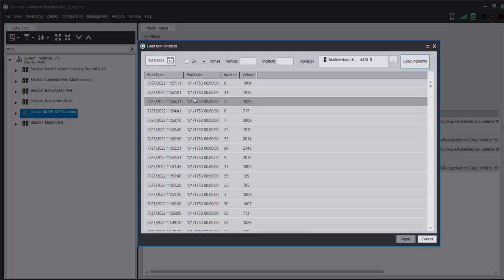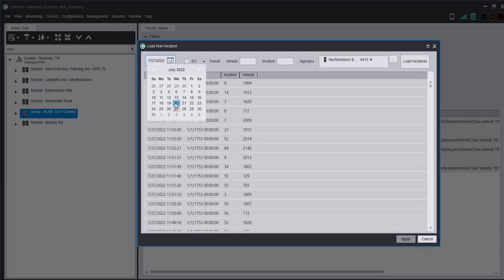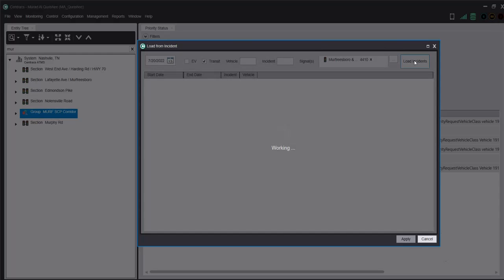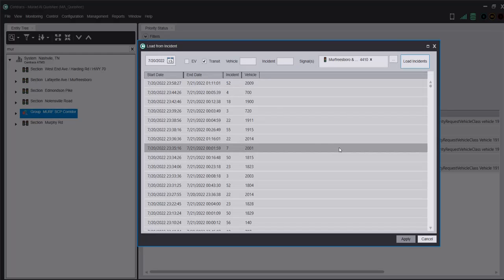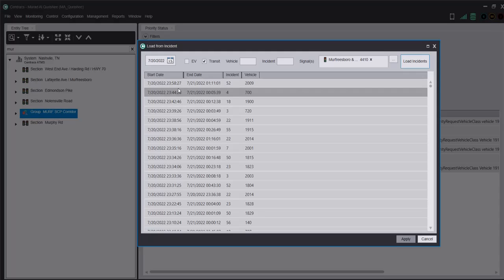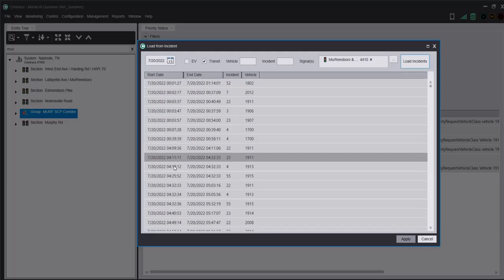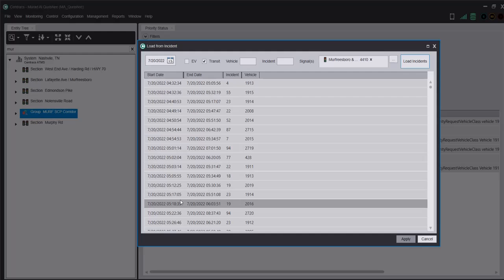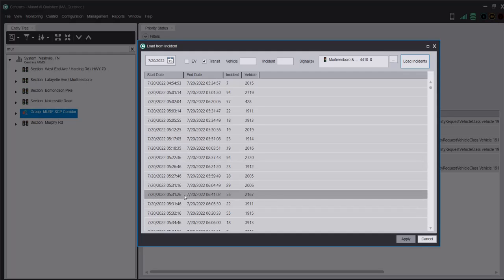So it shows that, let me select this date, and it shows that this is the incident. So that's the incident, and we check that at